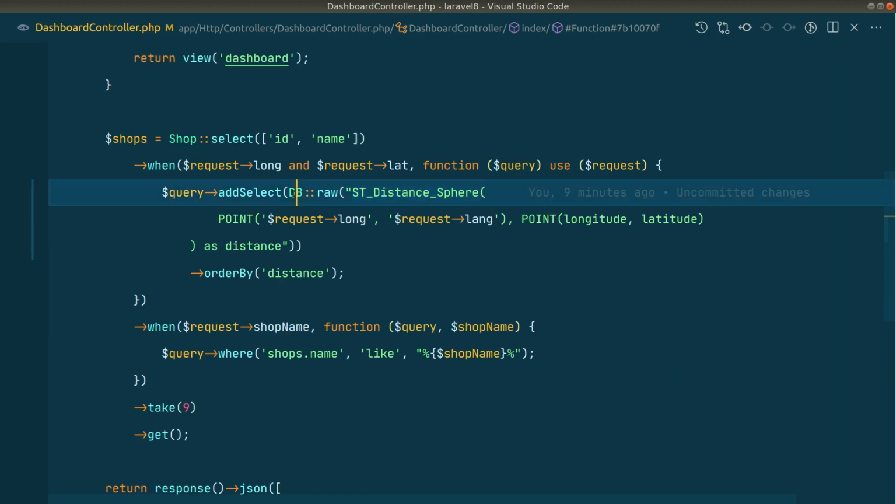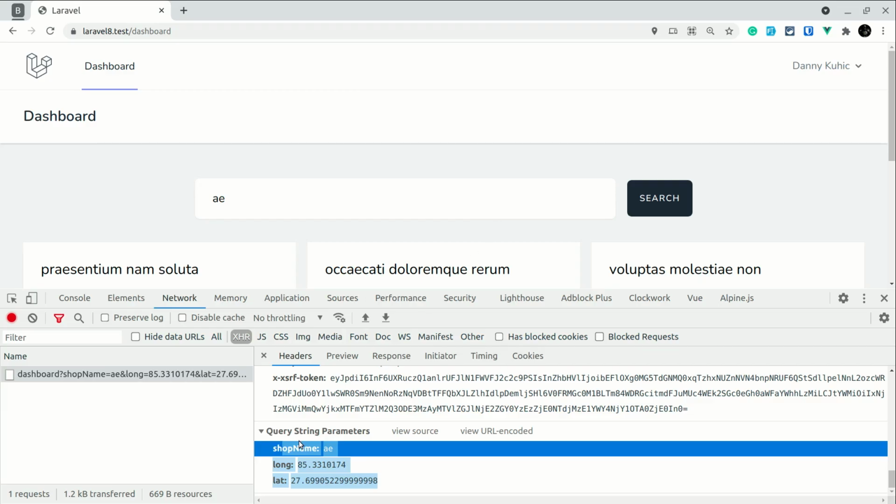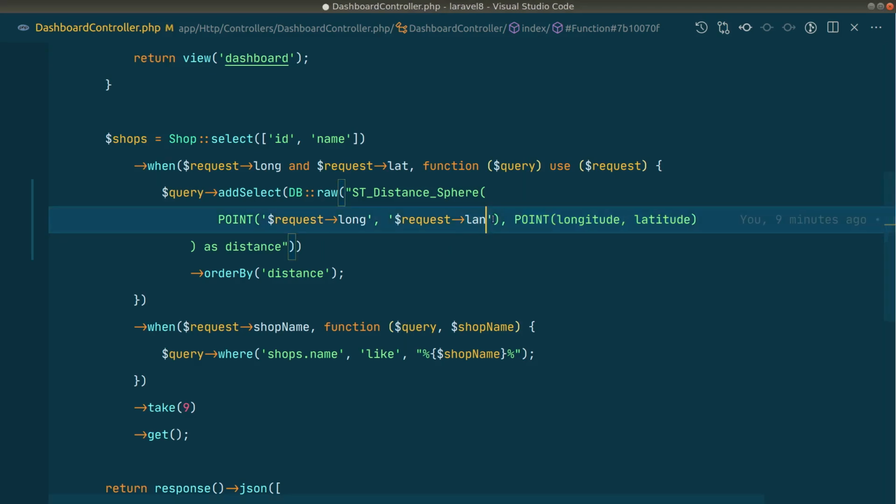So if you are using less than that, then you will not be able to use this. Okay, and we have to do DB::raw because this is not available in Laravel or Eloquent by default. So we are using DB::raw, and this bracket opens and this bracket closes over here. So we have to pass points over here. There are 2 points. Okay, the one should be the location of the user and the other should be the location of the SOP. So this request long and lat. So first will be the longitude and second one will be the latitude.